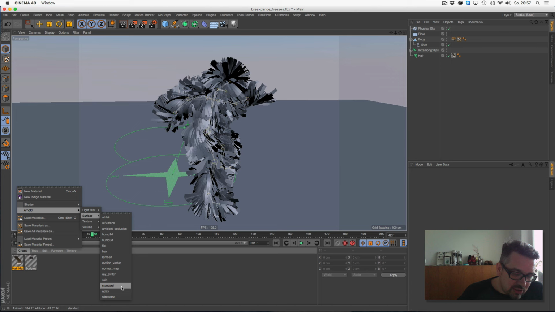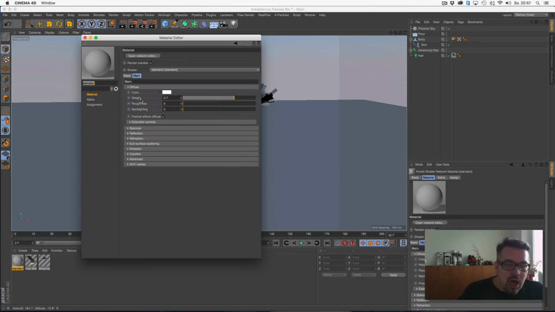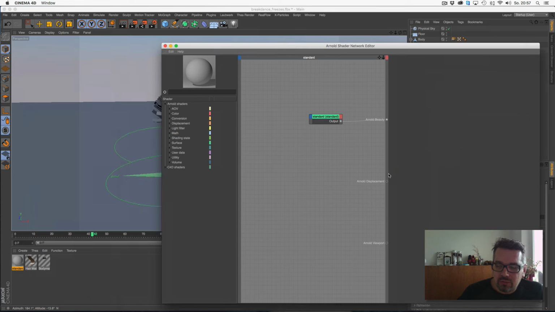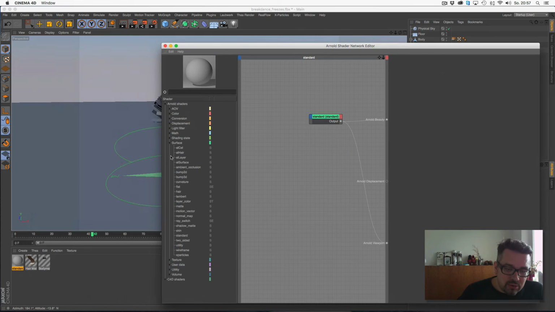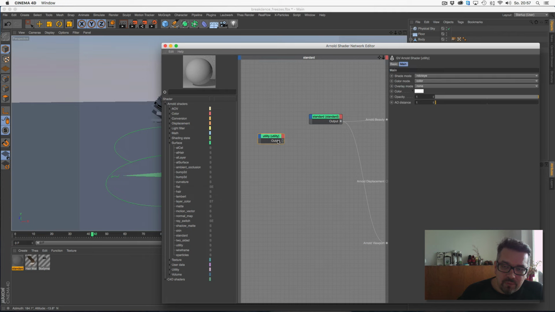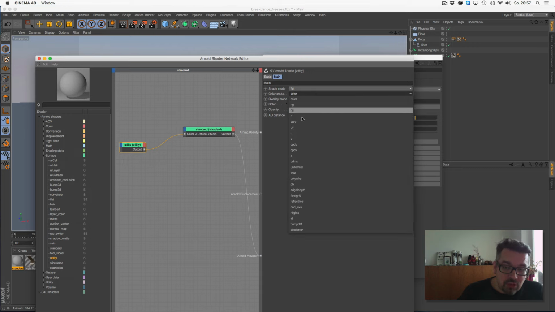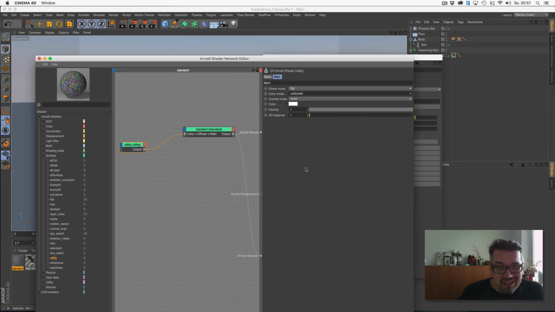I choose an Arnold material, go into the node editor. And then I use the utility shader, connect it with diffuse, like this, and set this utility shader to flat and the color mode to uniform ID.